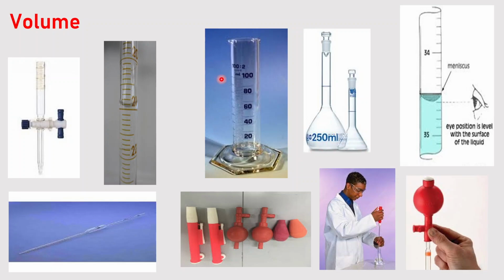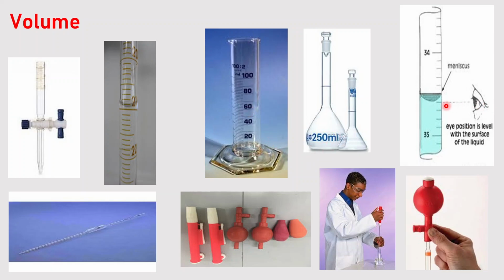Okay, this is the scratch line on the glass. The cylinder is mostly useful for making a fairly large volume of solution, or in cases where accuracy is not as important. With all these things, an important point you must remember as a chemist is that when reading the level of a liquid, your eye should be in line with the bottom of the meniscus.